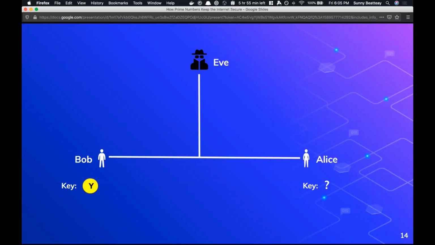But unbeknownst to Bob, Eve is sitting in. So if he sends the key over to Alice, Eve will then get the key as well. So in this case, Eve will be able to read all the messages between Bob and Alice. And not only that, she'll be able to go into the history and read all the previous messages that have been sent using the same key. So in this case, symmetric encryption is broken down, which is not what we want at all.